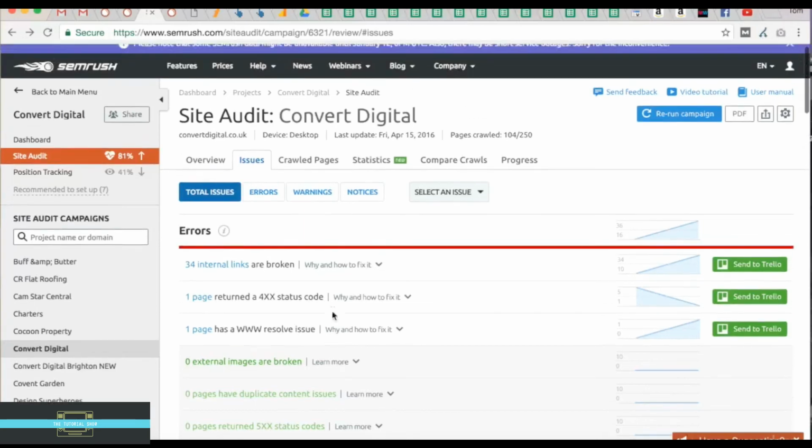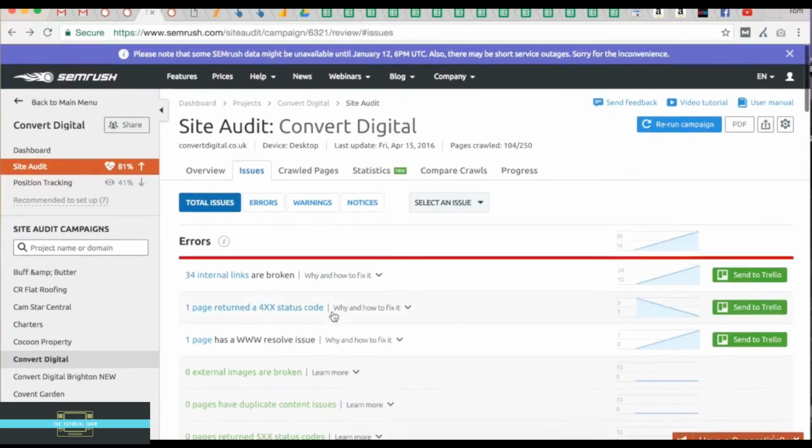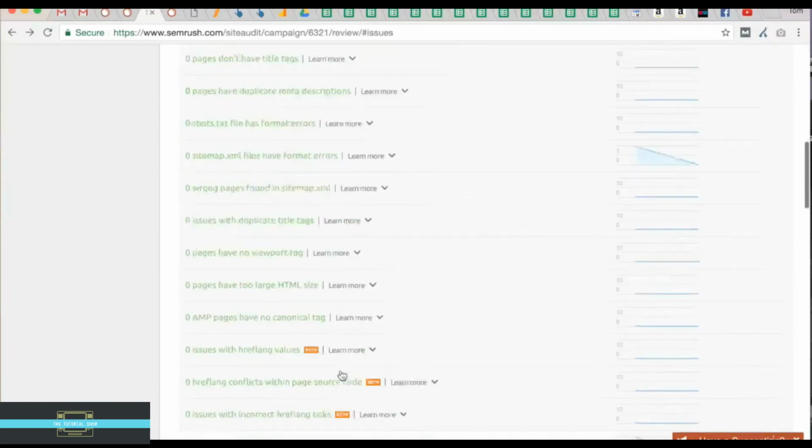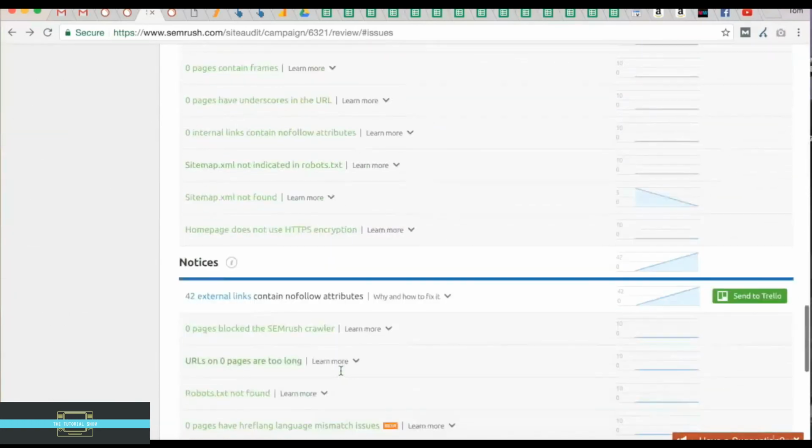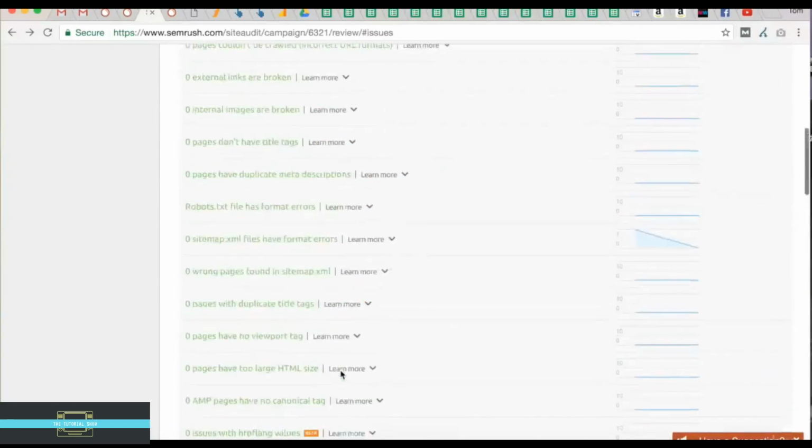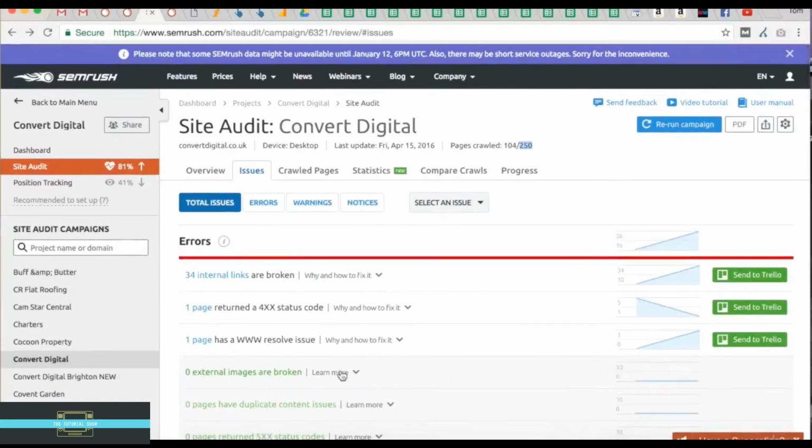So, an indispensable tool. Just make sure you set it to crawl enough pages. As you can see, I set 250 as the maximum amount to crawl, but obviously there's only 104 that actually got crawled there. And that is using the SEMrush audit function.